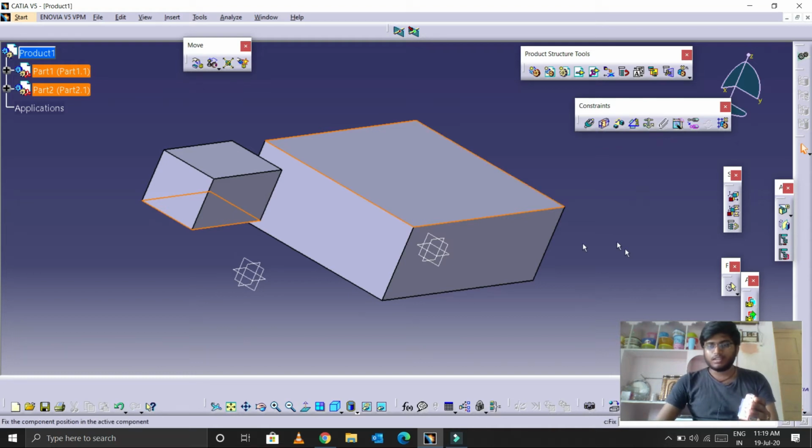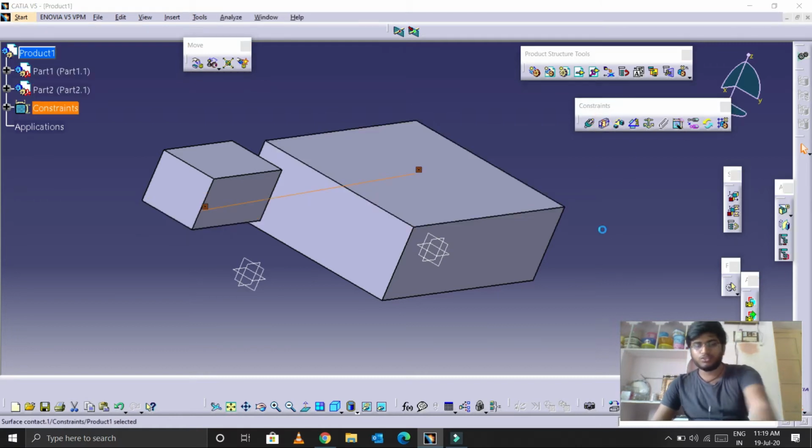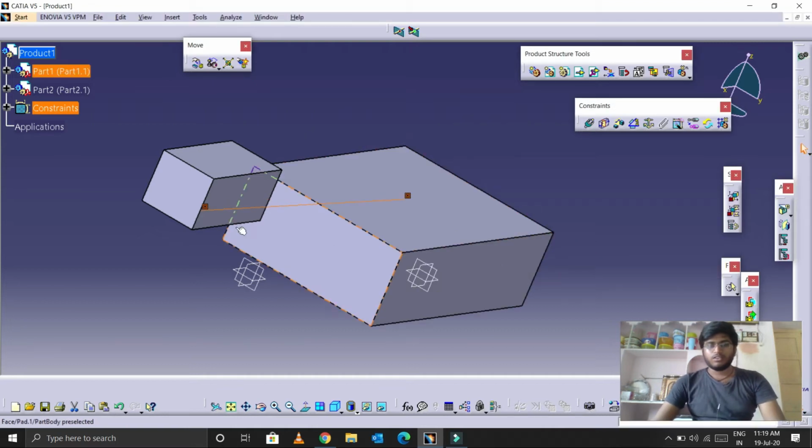So let us give update. Update means Control U. Contact constraint and Control U. That's it. Now this surface and this surface exactly coincide with each other, but it is at a distance like this. Now we need to move the small cube towards the big one to attach on the surface.